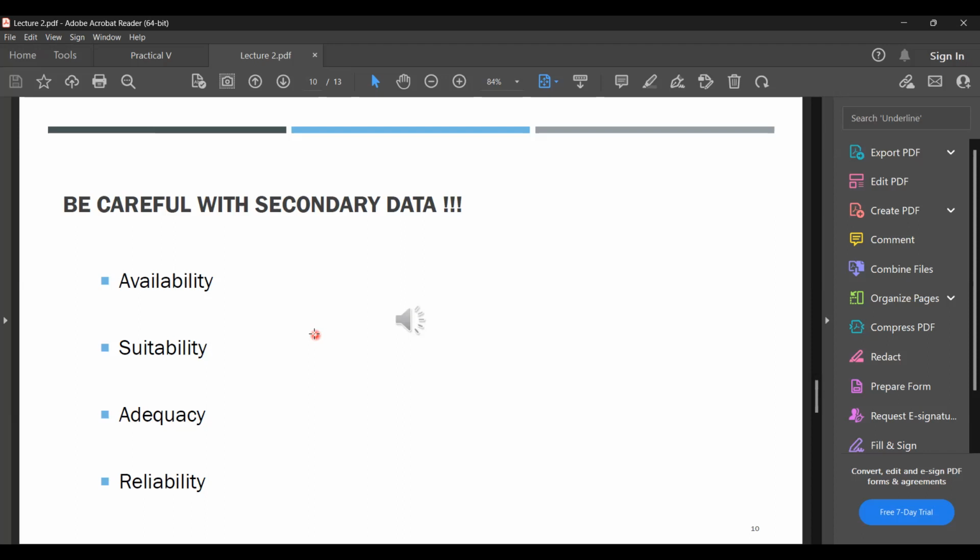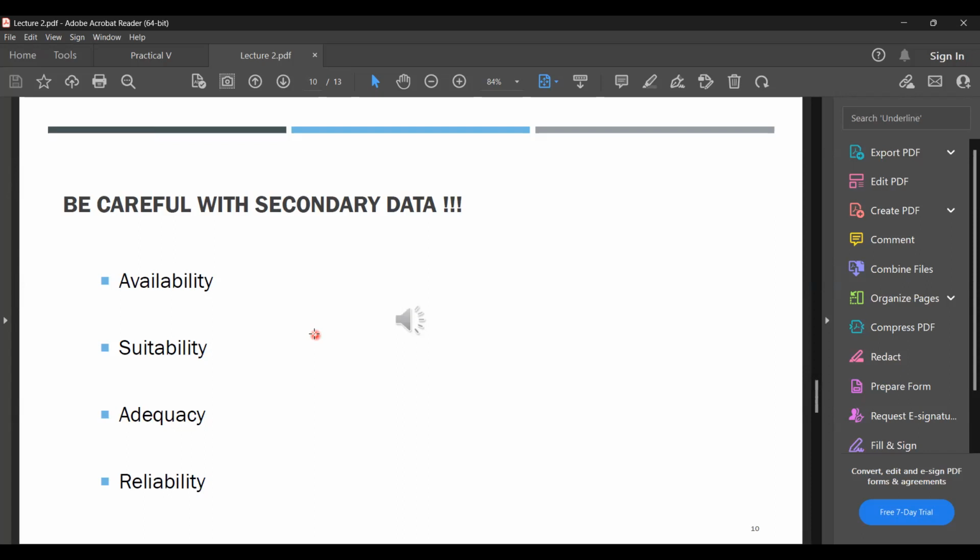Sometimes there might be certain variables that are important for your research, and the data for some important variables may not have been collected in those secondary data. So therefore you have to check the availability as well as the suitability of secondary data, and also the